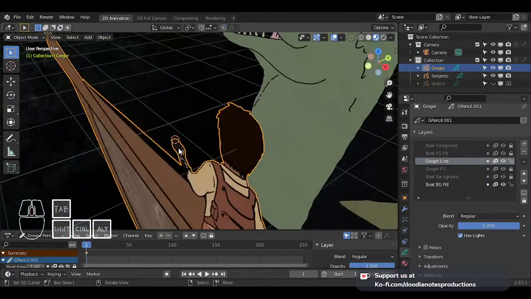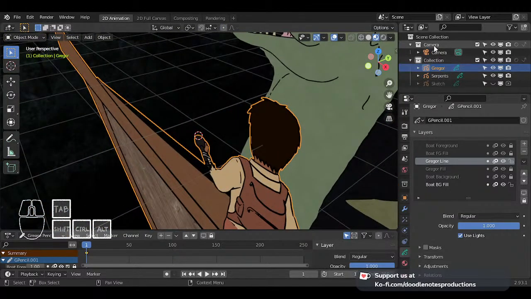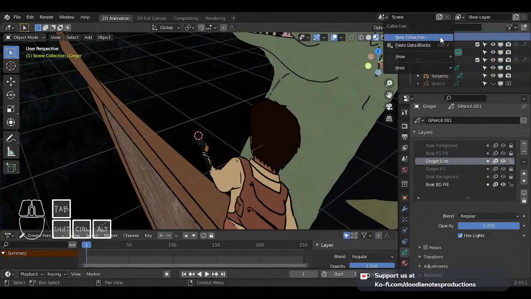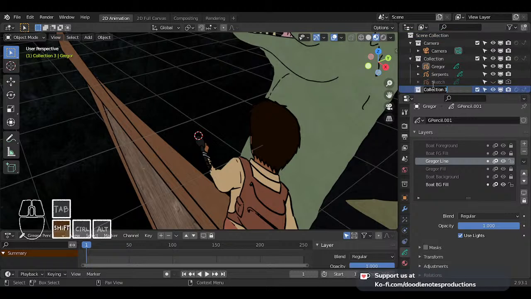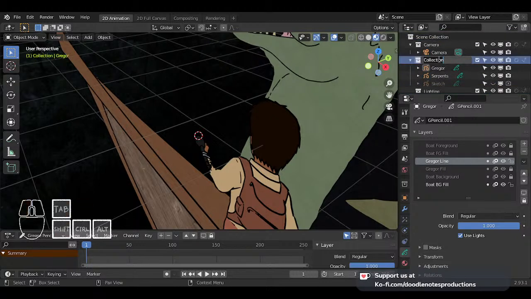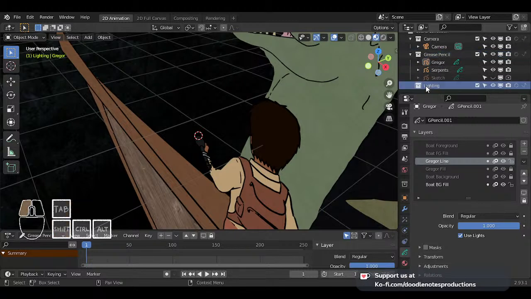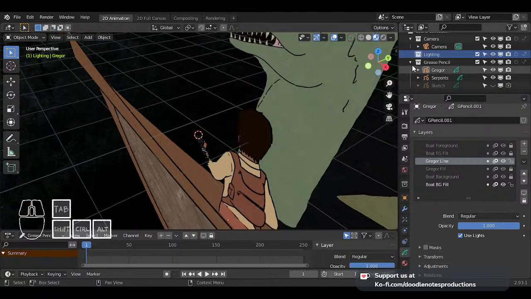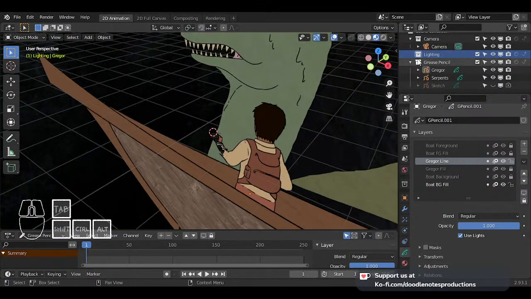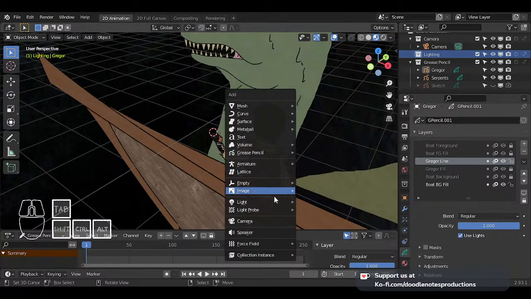So we have the 3D cursor right there, and then I'm probably gonna create a new collection for the lighting here. So I'm gonna name this light or lighting. I'm gonna rename this grease pencil, the other collection, so that's gonna be where all the grease pencil objects will be. I'm gonna put lighting below camera or inside camera. No, just below camera. And I'm gonna select the lighting collection. I'm gonna add a